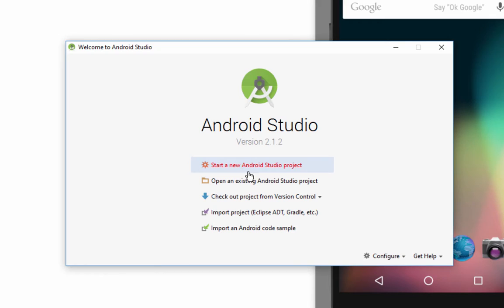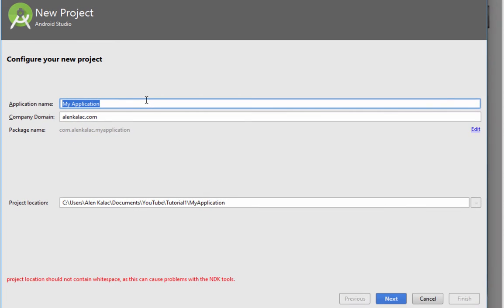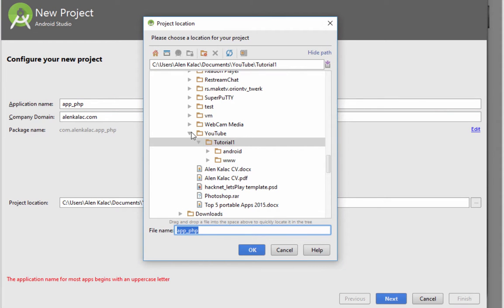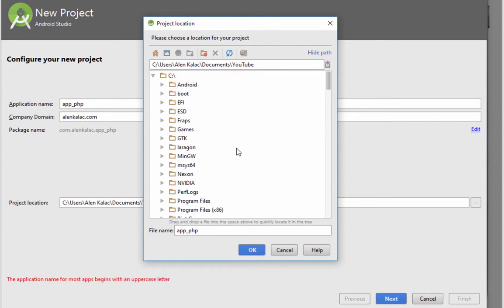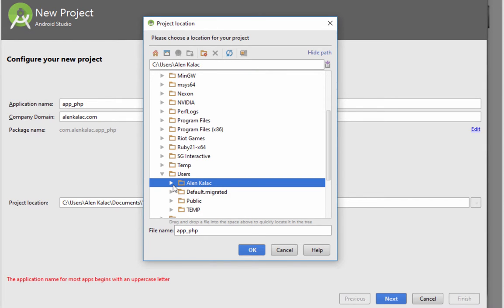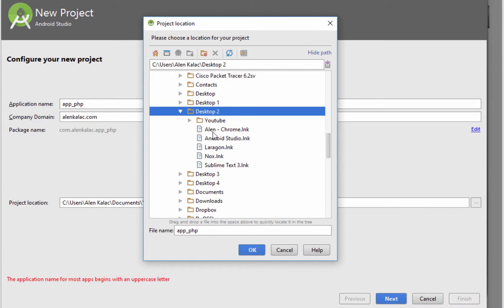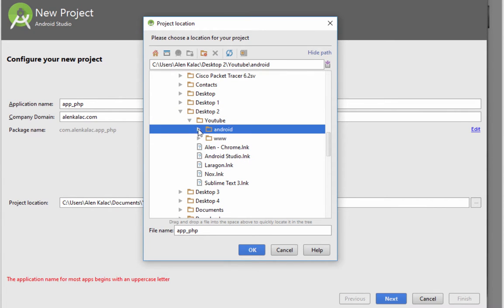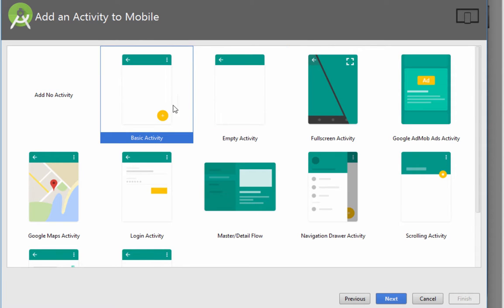So let's click on Start New Android Studio project, and let's call it, what are we gonna call it? App PHP or something, doesn't matter. And let's just go back to the users. Let's go to my desktop, YouTube and Android. Awesome. So with that we can click next, leave it on Gingerbread, and here let's go with